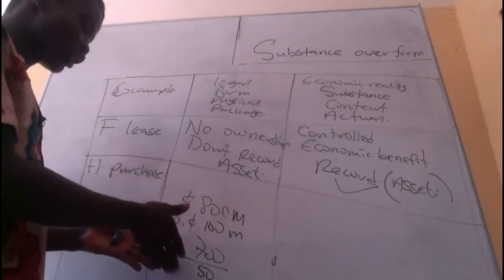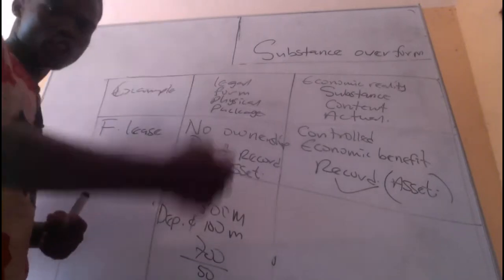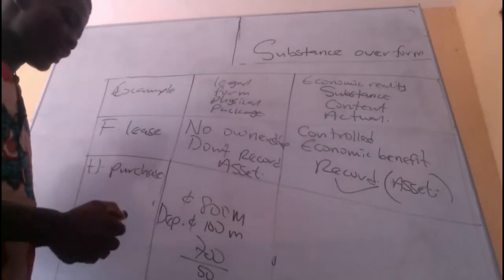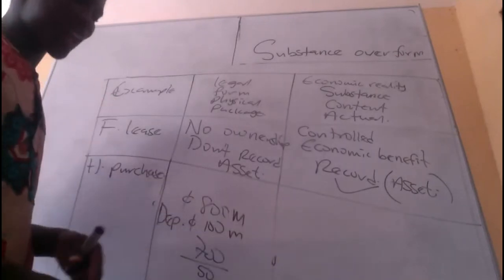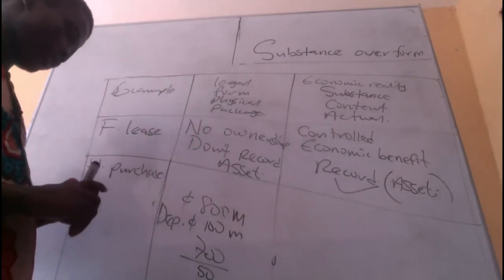Oh yes, because you are using the asset. They will give you the asset. Once you are using the asset, you are paying for it. So it means that the asset is not yours until you finish paying all the installments. So until the 50 years is over and you've paid all the installments, now the asset is yours. How do we get that? Good.